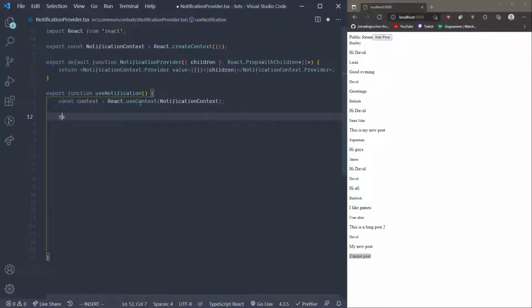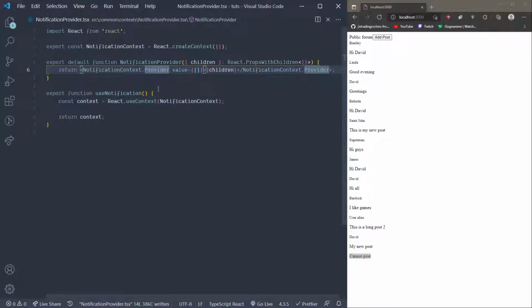And then simply return the context. Very, very simple here, right? And maybe in the near future I might use Firebase notifications in here, or somewhere, anyway, right? So now,